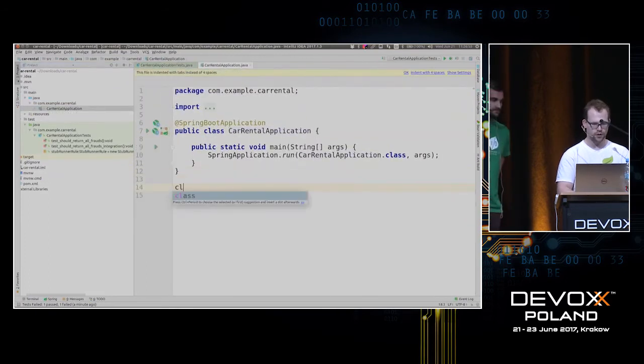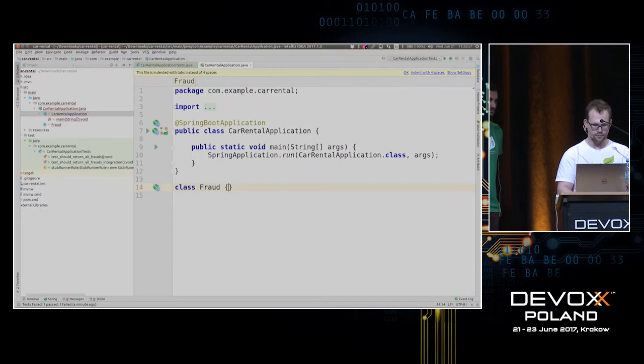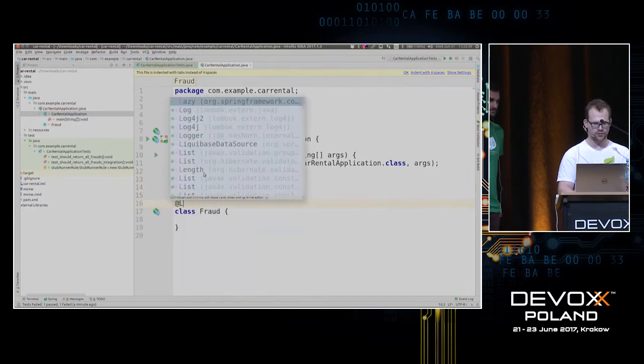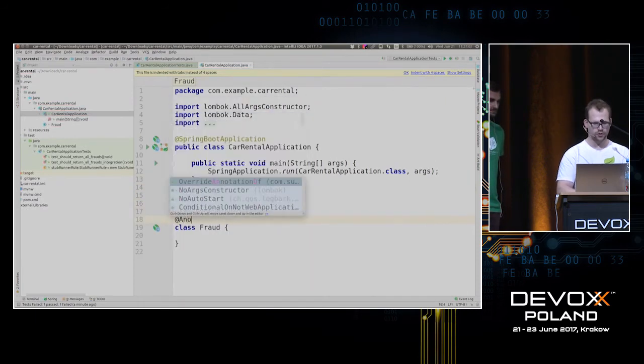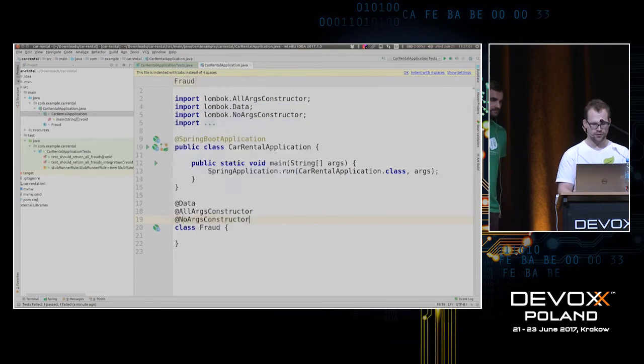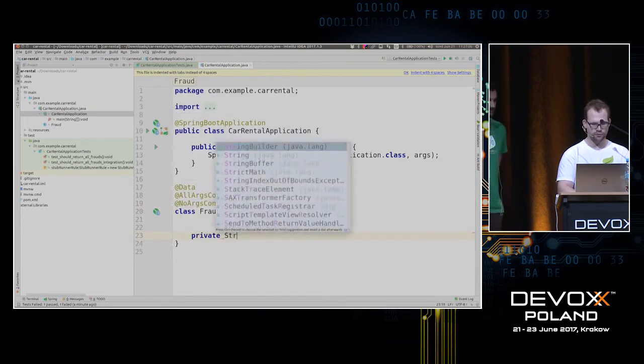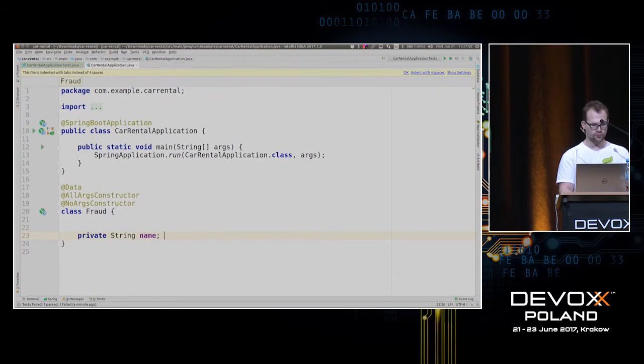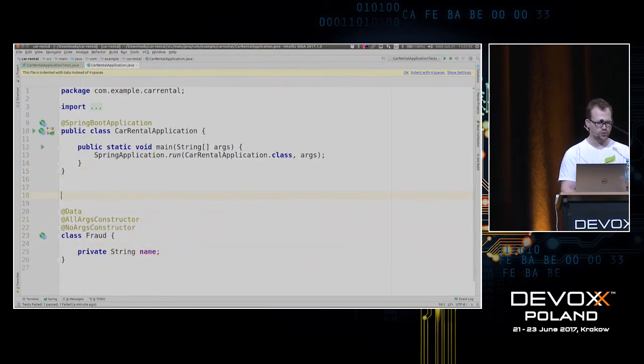We'll create a POJO here called a fraud entity, and we'll use Lombok to say that this is going to have all-arguments and no-argument constructors, and it's going to have getters and setters. And the fraud is going to have a field here called name. Okay, so there's our field. And what I want to do is write some code that listens for messages coming in on